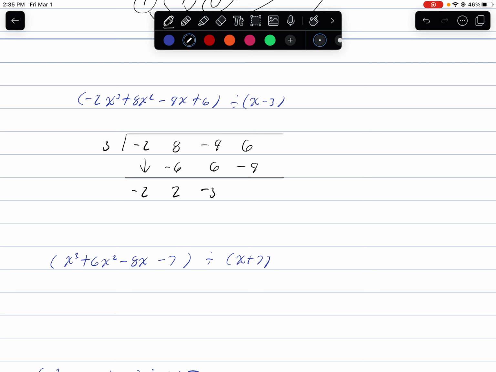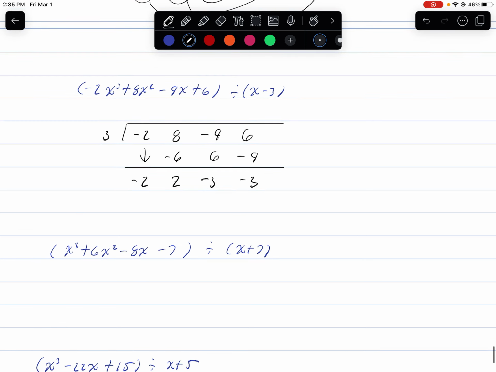And 6 plus -9 is -3. So now we have the coefficients. These numbers here are the coefficients of a polynomial that is 1 degree lower. So we started with a degree 3 polynomial. Now we're going to have a degree 2. So this is going to become